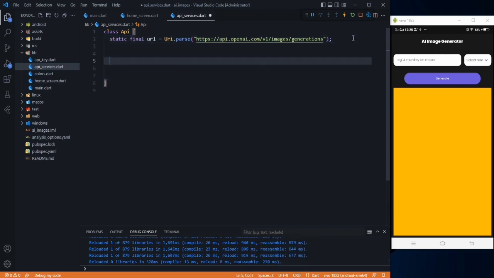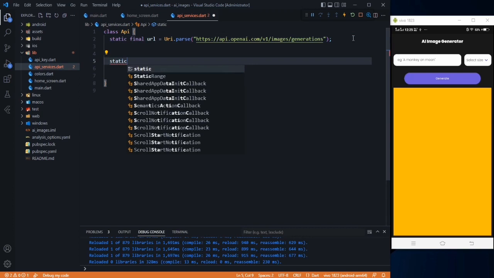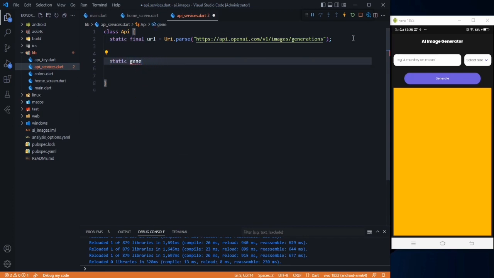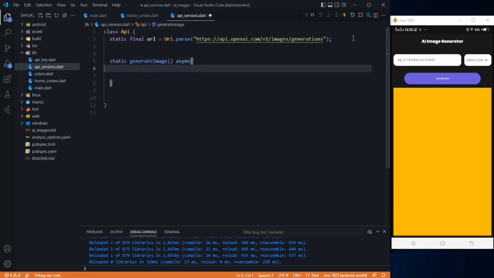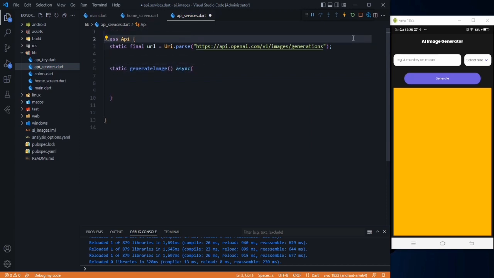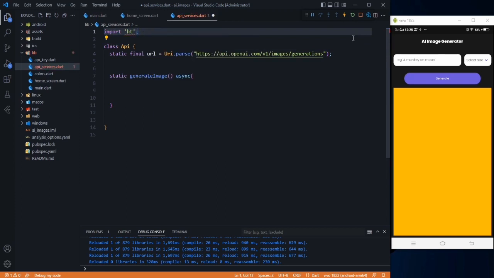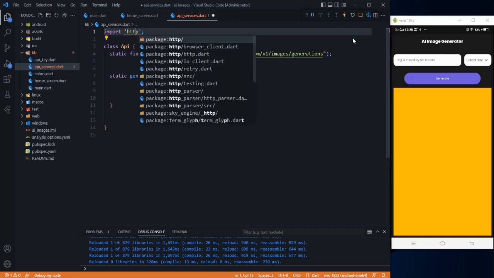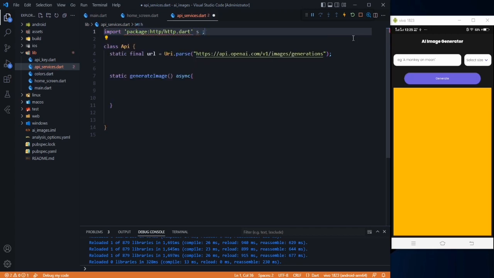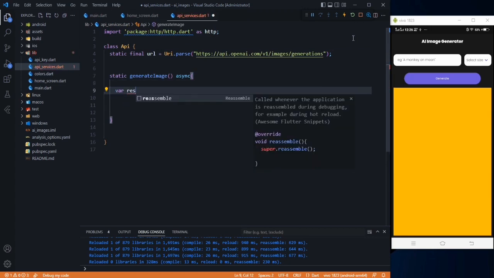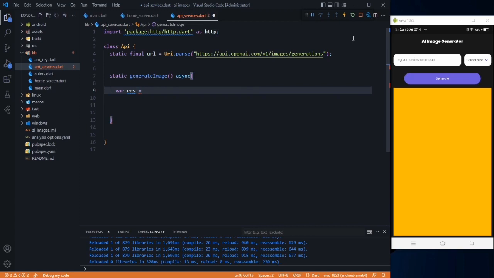And after that we have to create a method so we can send this request. So static, and it will be generate image, and it will be an async method. So in here we have to first import our http package. So http, let's import it, http as http, and now here let's create a variable named our response request, and it will be await